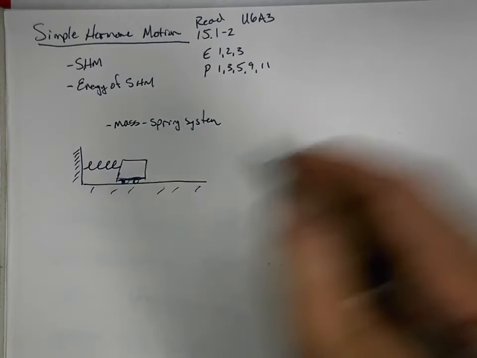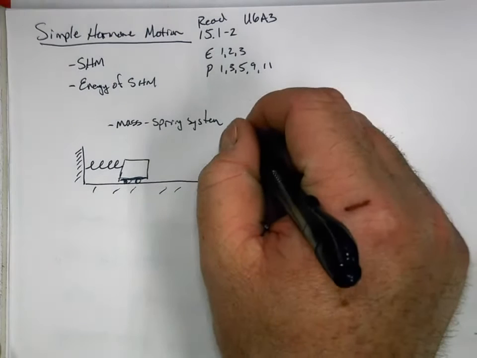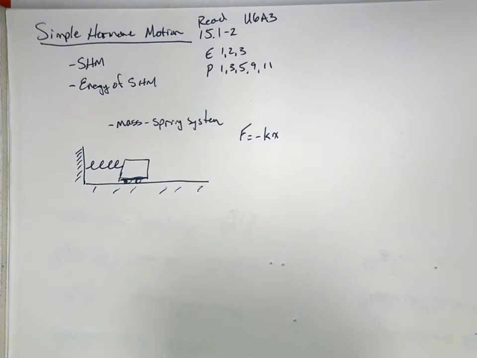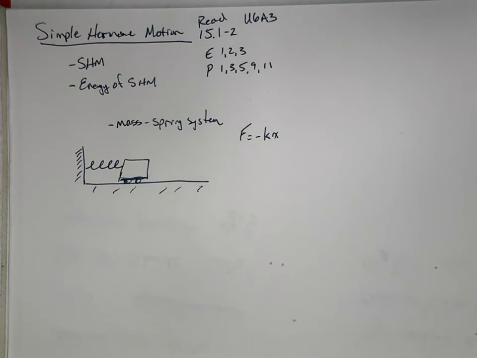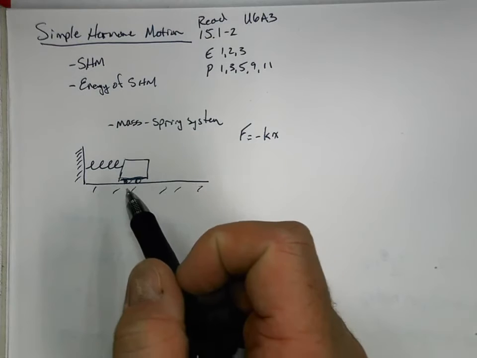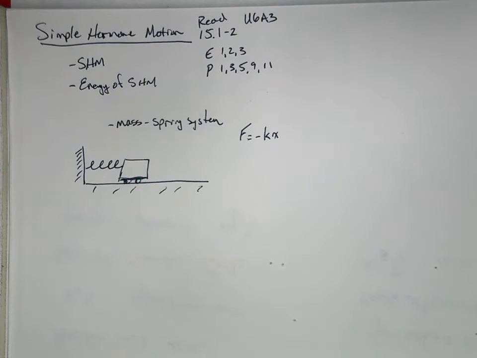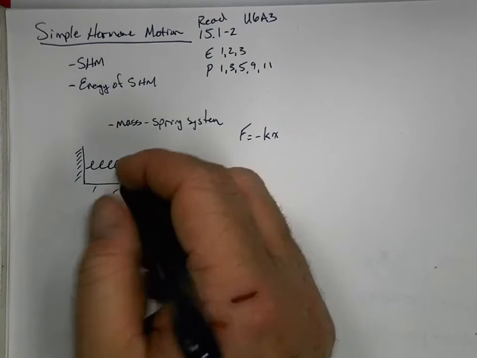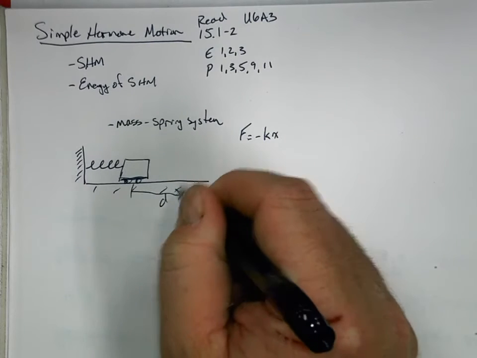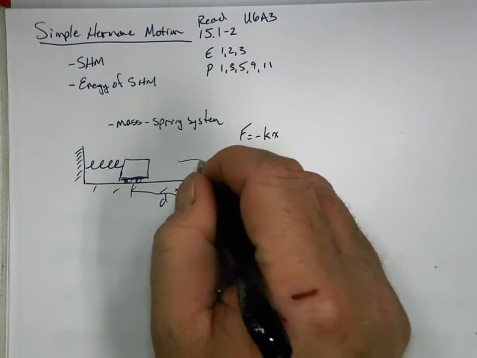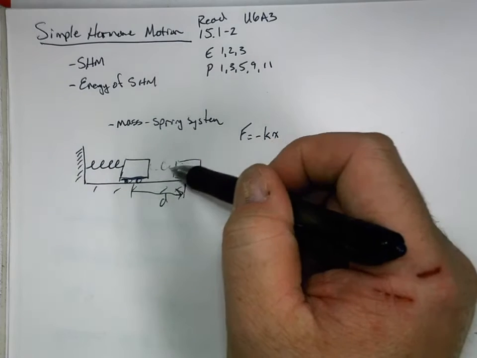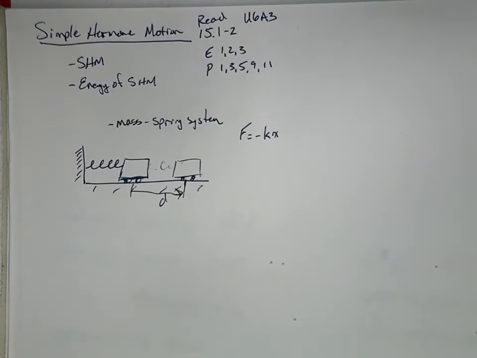Right, so it's Hooke's law: the force of a spring equals negative kx, where k is the spring constant, right? So that's where this cart is. However, this cart is on an unstretched and uncompressed spring. It's just sitting there with the spring. We can move the cart, and we can stretch it out to here, and we would have our cart with this extension out to here, and it would pull